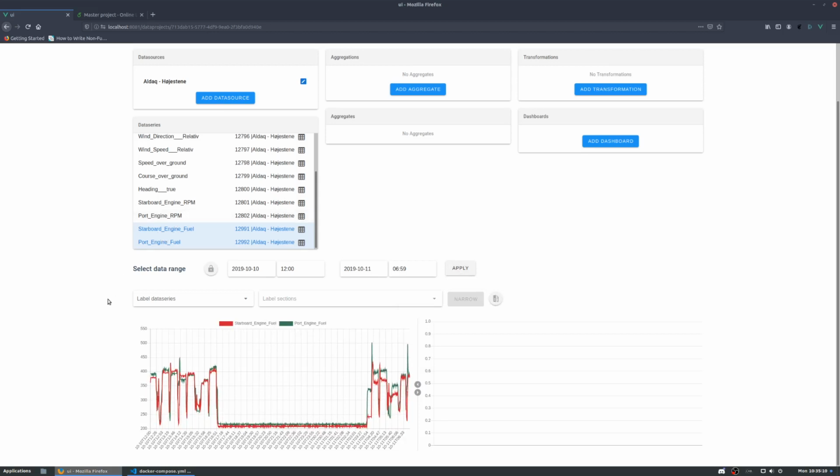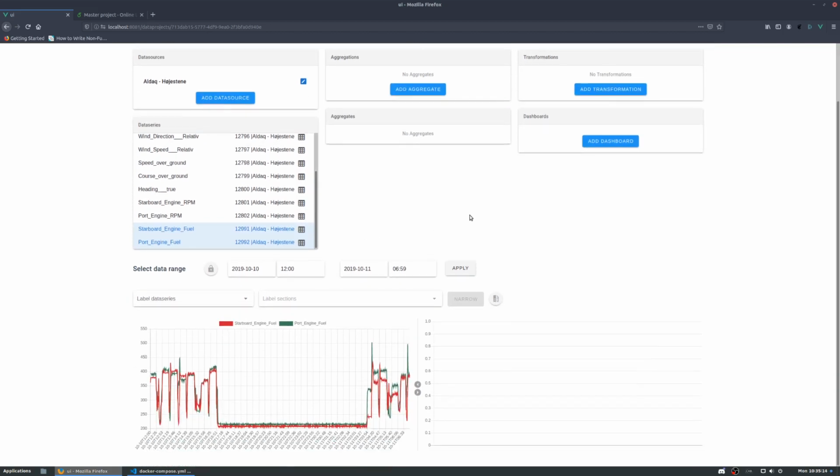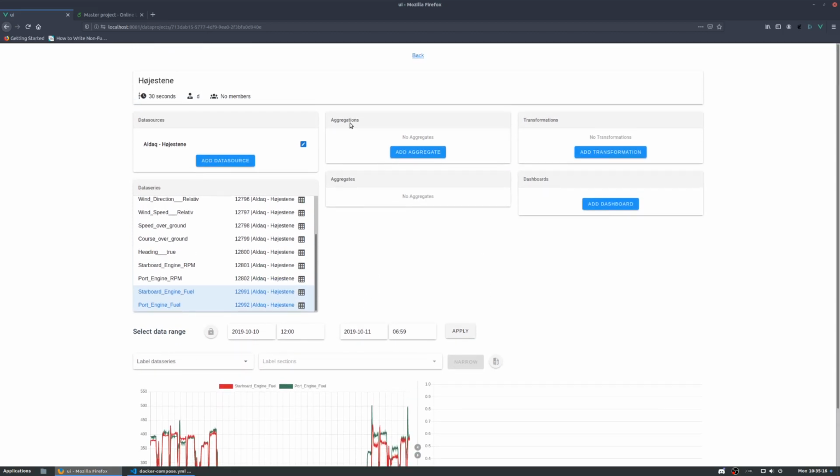Now, the next thing I will discuss is transformations, because before we can make these aggregates that get, for example, the total daily fuel consumed, I'll have to convert these from liters per hour into liters. So that's what I will do now. So I'll add a transformation,